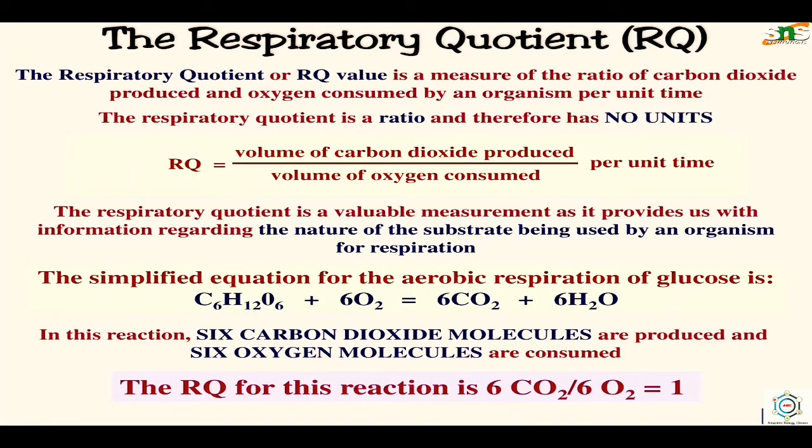If we talk about the respiratory quotient in case of carbohydrates such as hexose sugar, this is glucose or fructose, sucrose or starch, when respired in the presence of oxygen, the volume of carbon dioxide evolved during the process is equal to the volume of oxygen absorbed. Thus the value of RQ is equal to 1 or unity, as you can see in this picture. Here 6 carbon dioxide molecules are produced and 6 oxygen molecules are consumed. So RQ for this reaction is 1.